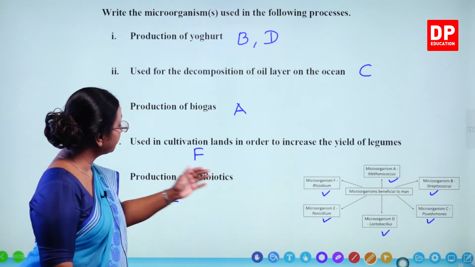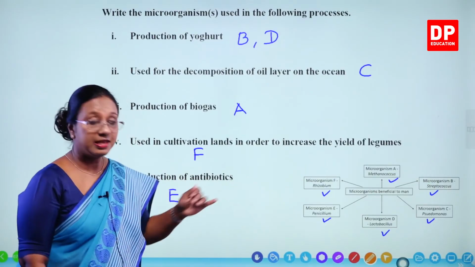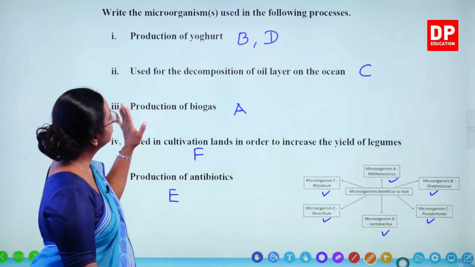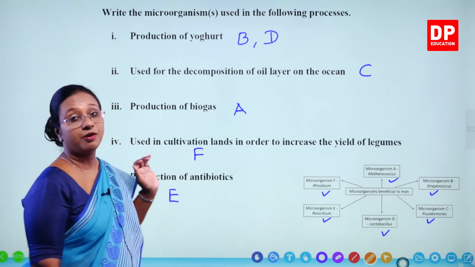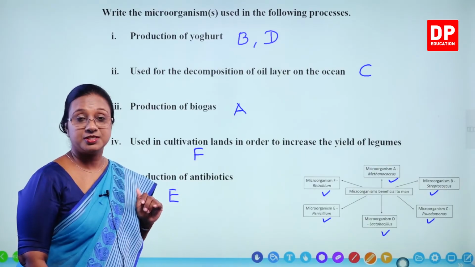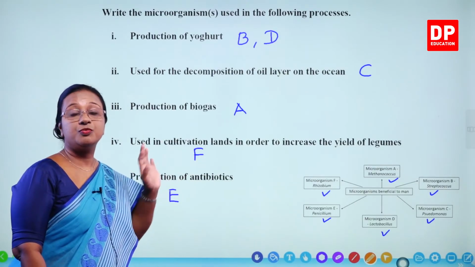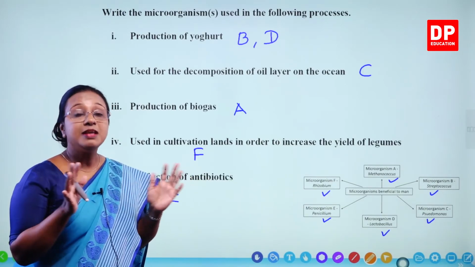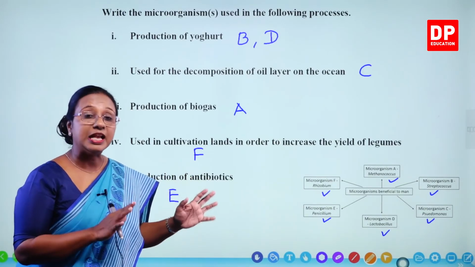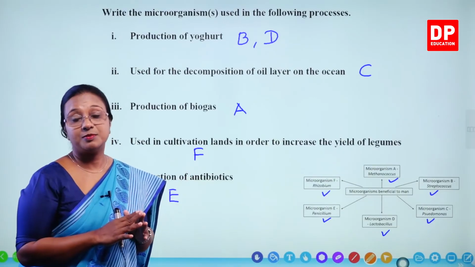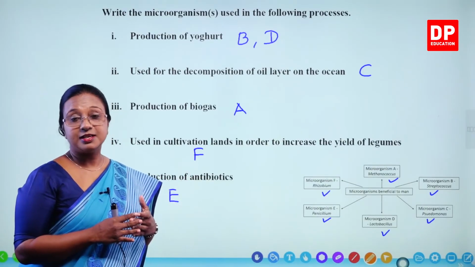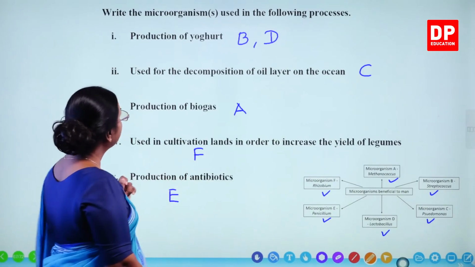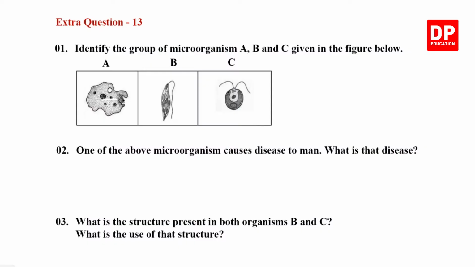And production of antibiotics, that is Penicillium. So those are the relevant microorganisms for these processes. I am sure you were able to identify them. You have to always remember the microorganisms related to each industrial process or agricultural process. So with that, I will move on to the extra question